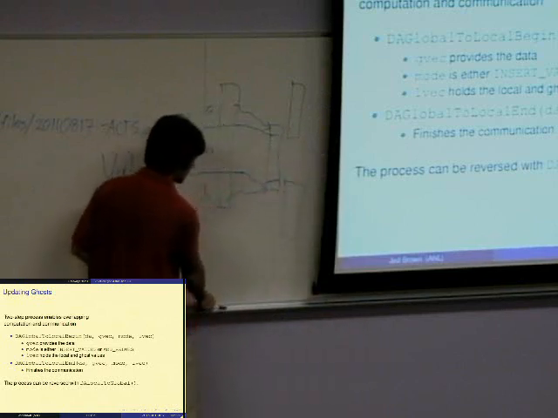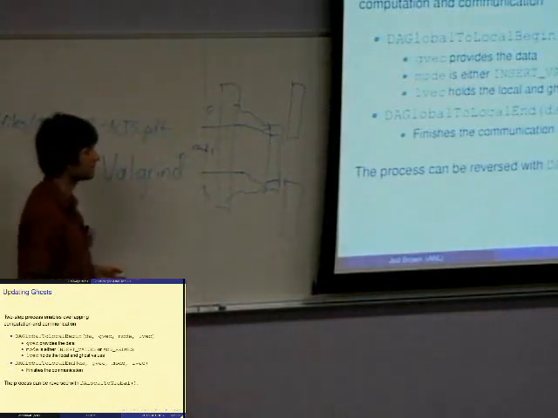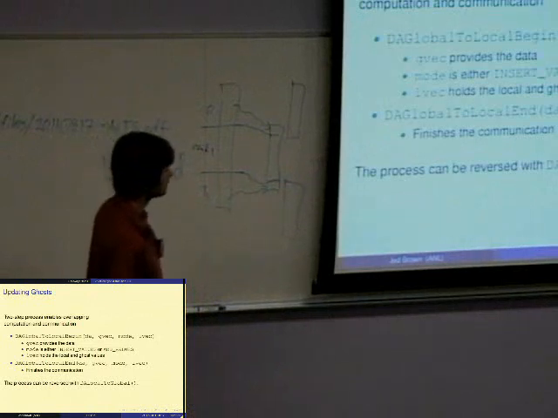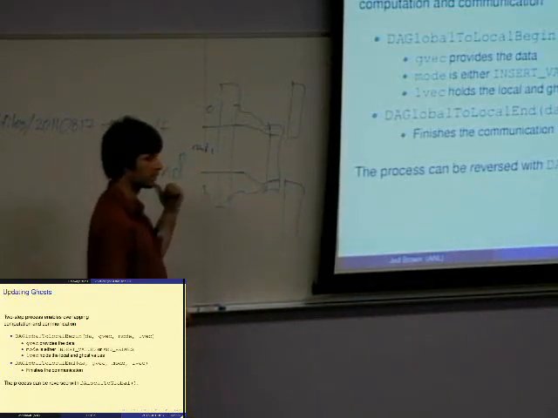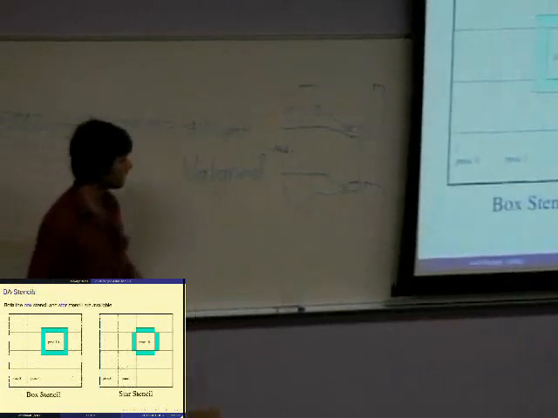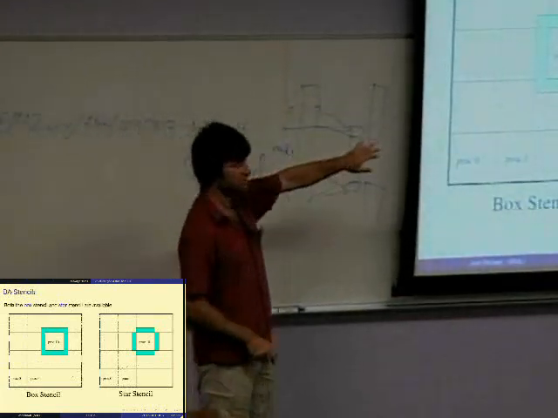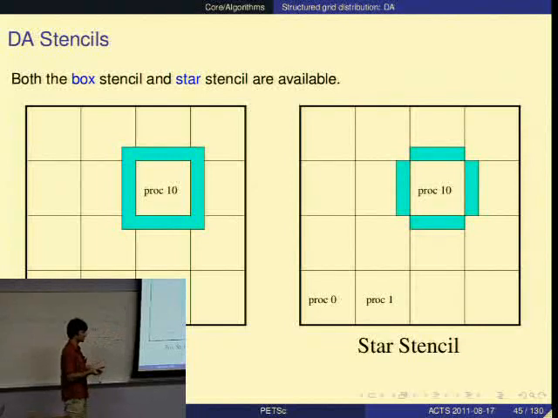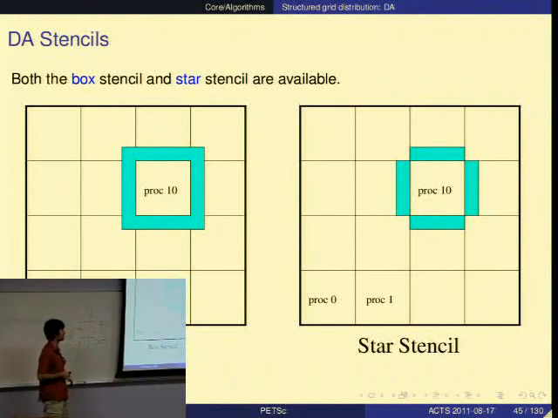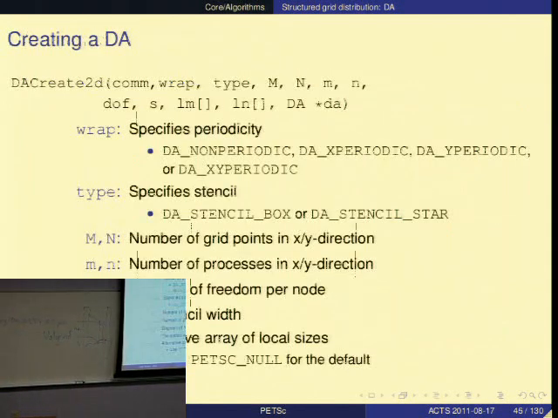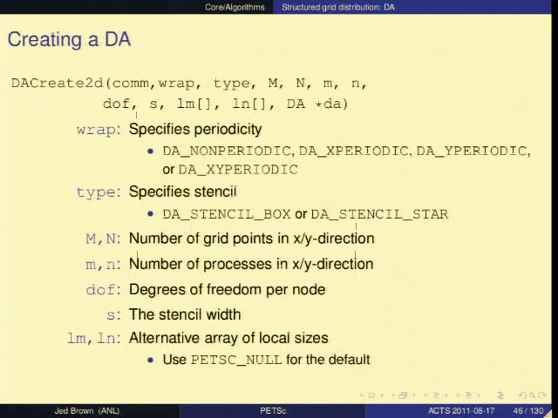We split it into begin and end so you can overlap that with some computation if you had some to do. And then there's a local to global that can go back the other direction. So depending on the discretization, you may want the neighbors just along the Cartesian directions, or you may want corner neighbors. So when you create the DA, you get to specify that. The interface for this is much nicer in PETSc dev, but since we have 3.1 here, 3.2 is going to be released next week or so.